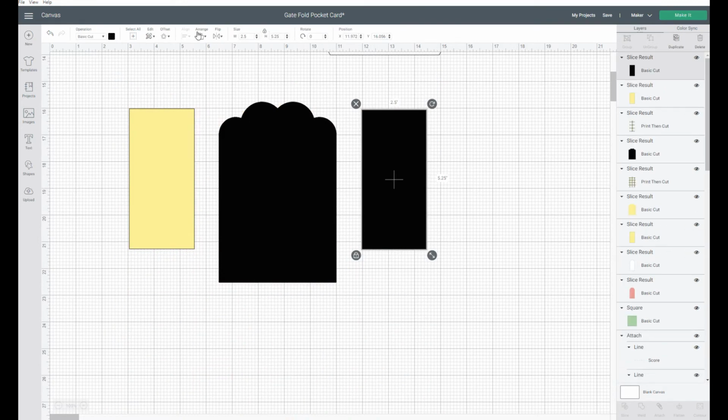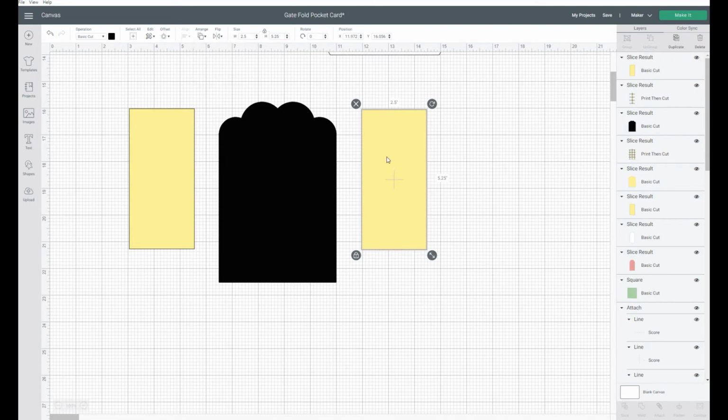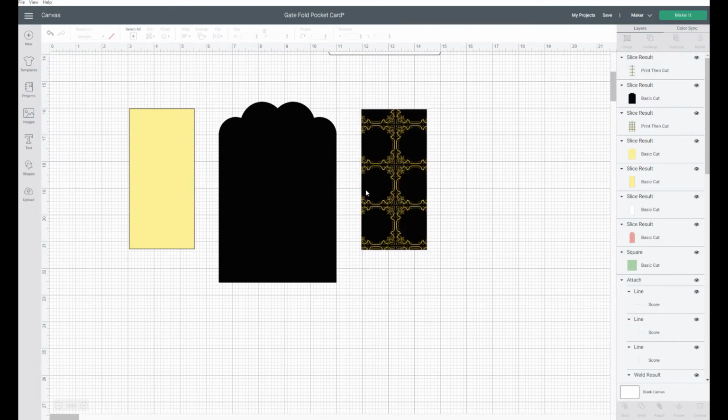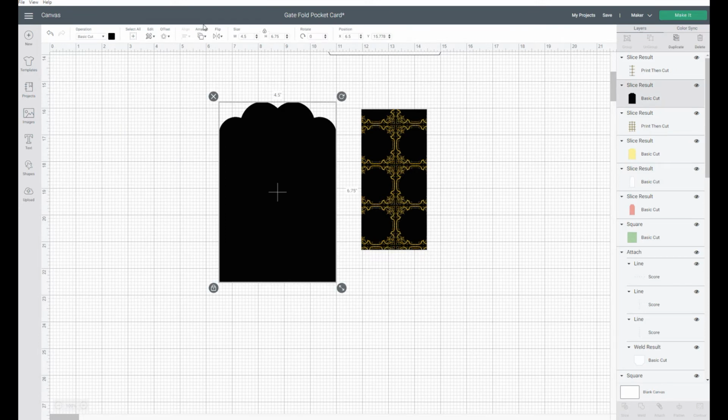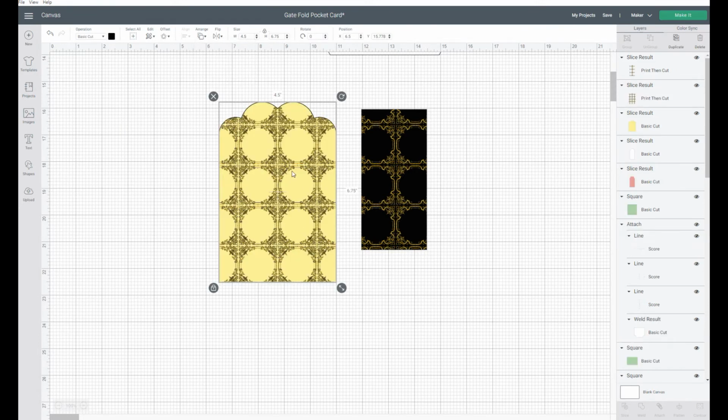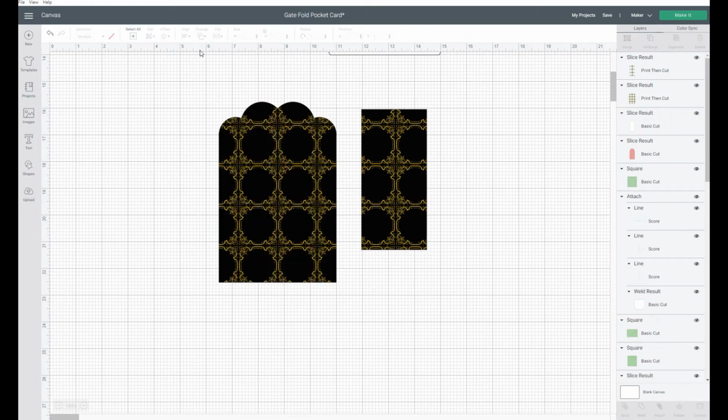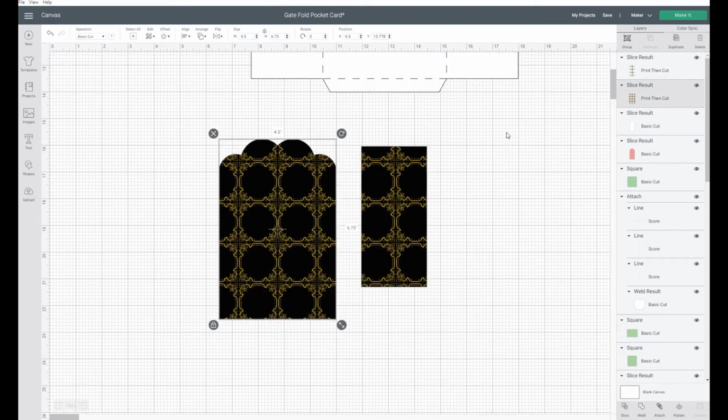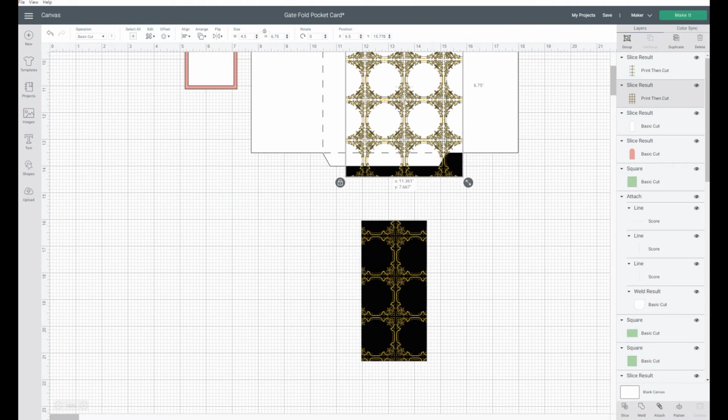Now I have the black here. We'll send it to the back. My yellow I'm going to get rid of. I don't need it. I don't need this one. This I'm going to send to the back. And then the yellow, which is this one, I'm also going to delete. And now I have these 2. So I have this one, which now becomes